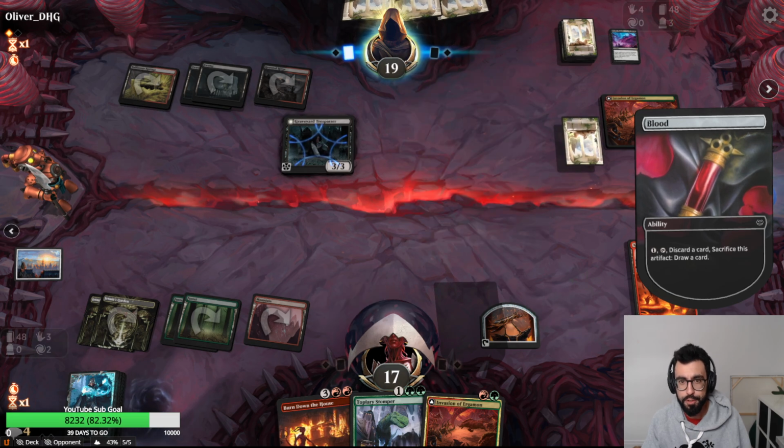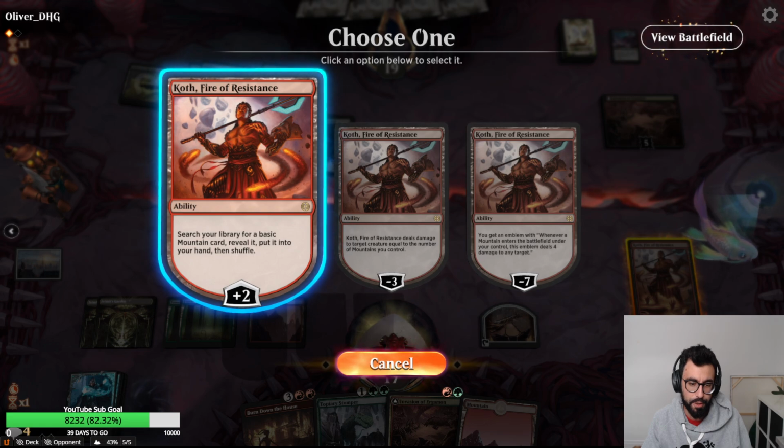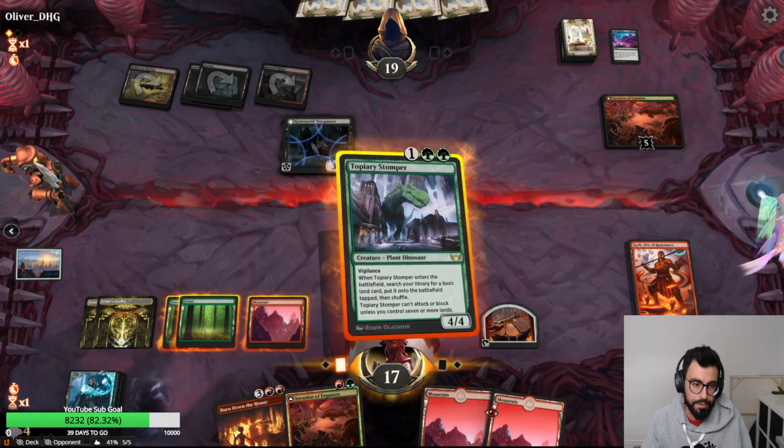Okay, so they're invoked, so no Atraxa. That's also great if they're discarding an invoke there. Mirrodin is our land. So here...